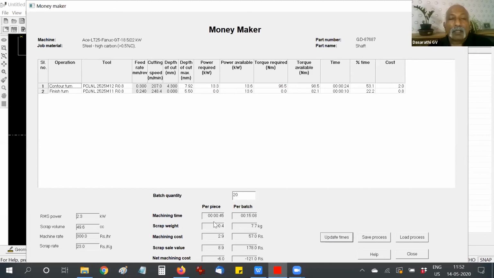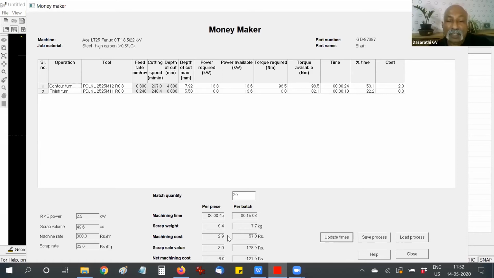So how long did this take us? Something like 30 seconds to do this R&D, right? Little bit of playing around with the cutting parameters based on what the software is telling me, how much power is being used, how much you have available. Now, in this 30 seconds, I've managed to reduce the machining time from 1 minute, 1 second to 45 seconds. That is straight away a 25% reduction in cycle time.